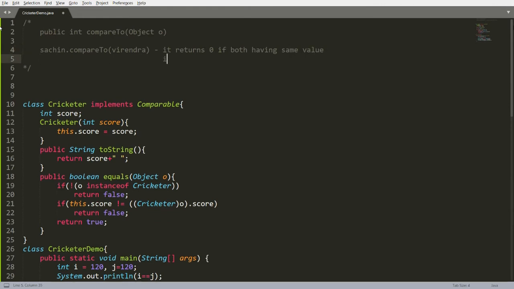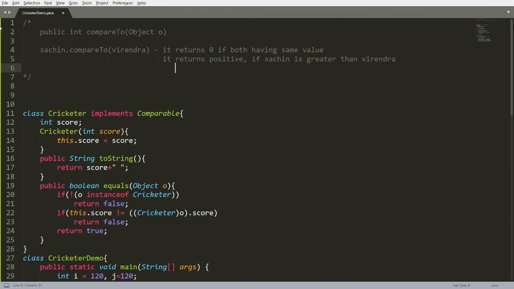It returns a positive value if Sachin is greater than Virendra, and it returns a negative value if Sachin is less than Virendra. So now it's a comparison. You will get an integer value. If both are equal, then there is no difference, and if there is no difference, then you will get 0. So it is very simple.